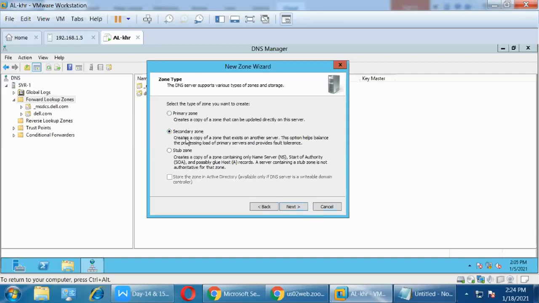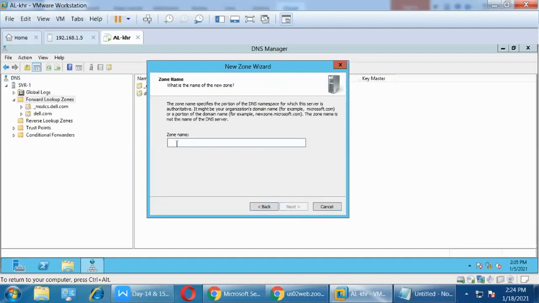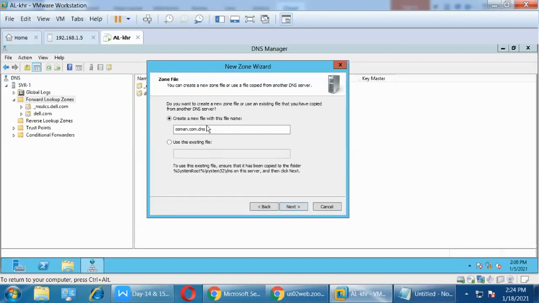If I select secondary, it asks who is my primary. A stub zone maintains only two records, NS record and host record. If I select primary, it asks for the name of the primary zone, Usman. Next. This is the file name.